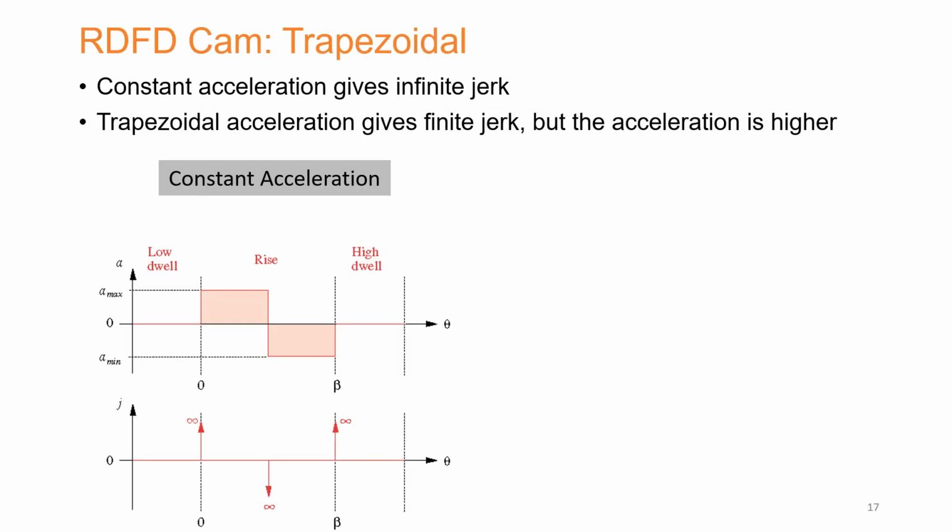And yes, we can do something more. And for that, we're going to consider the trapezoidal mode of action, specifically for the acceleration. But before we discuss that, just first consider what this constant acceleration is and how it behaves. So in this particular diagram that you can see, the acceleration is being shown on the vertical axis. So this is the acceleration, and you can see that there is no acceleration for the load dwell